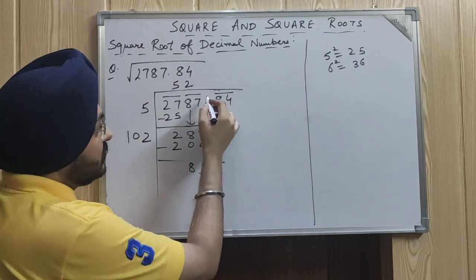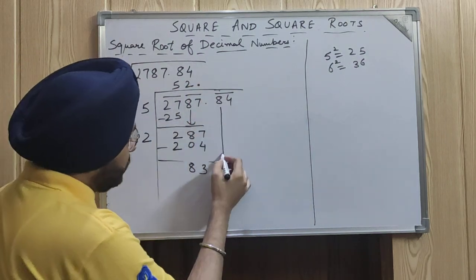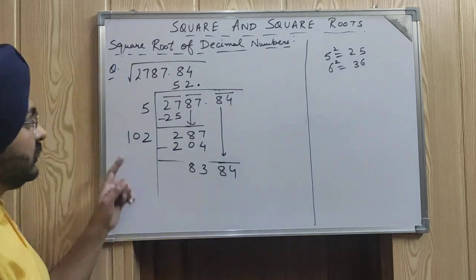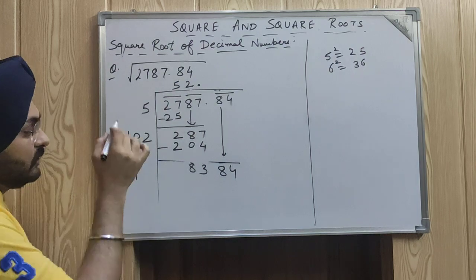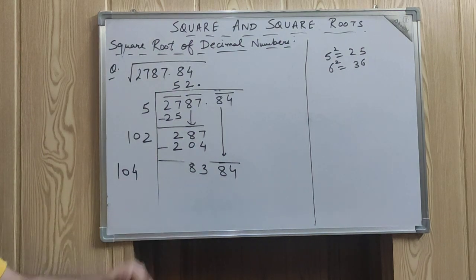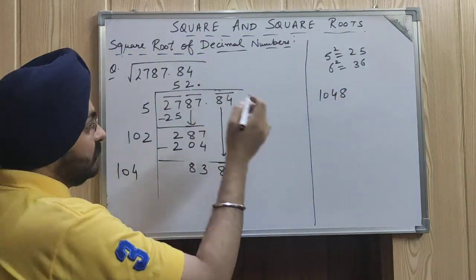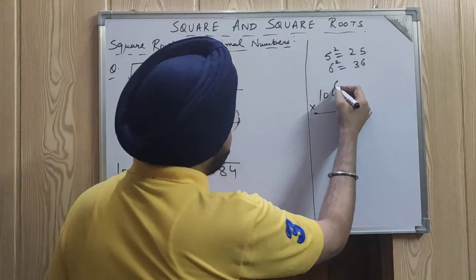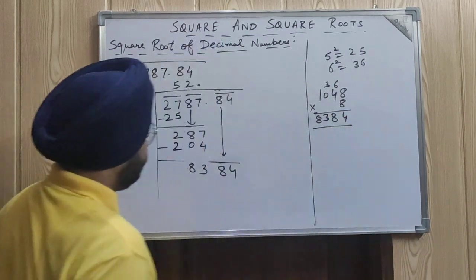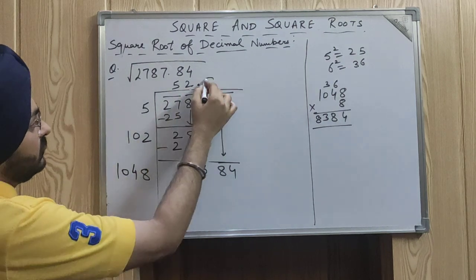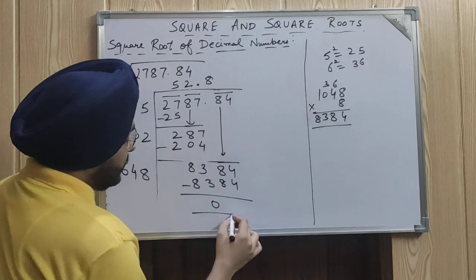Now this decimal will be going in the quotient basically. So next I will be writing 84. Now add this 102 and 2. What will we be getting? 104 here. So now we have to write the number here. So it will be going with, in my opinion, 8. So 8 into 8 will be 64. 8 into 4, 32 plus 6, 38. 3 and 8 only. So I will be writing 8 here. So this will be 8, 3, 8, 4, and on subtraction we will be getting 0.